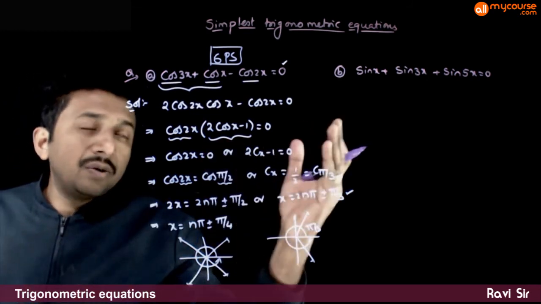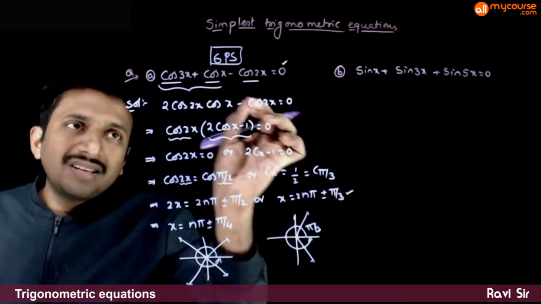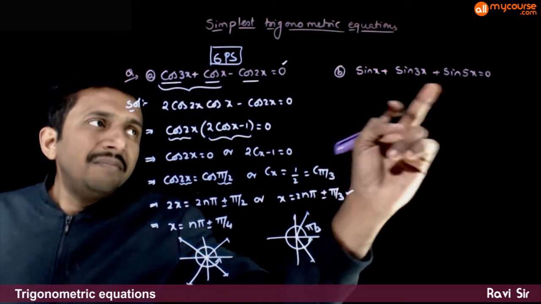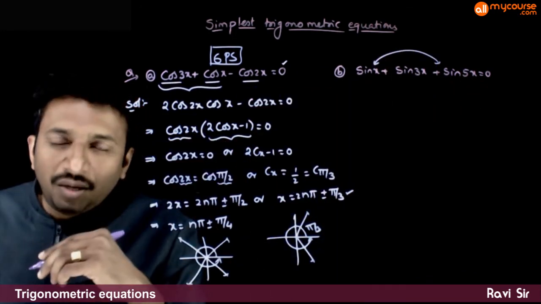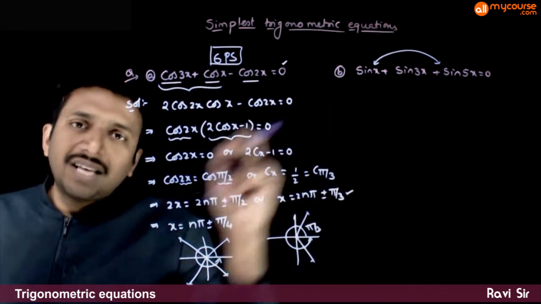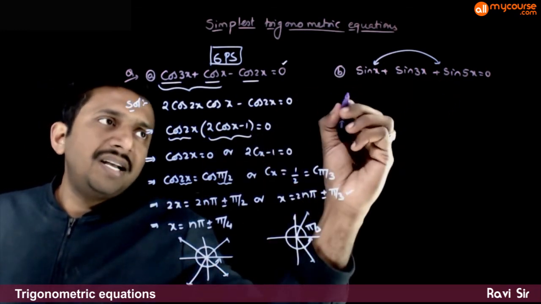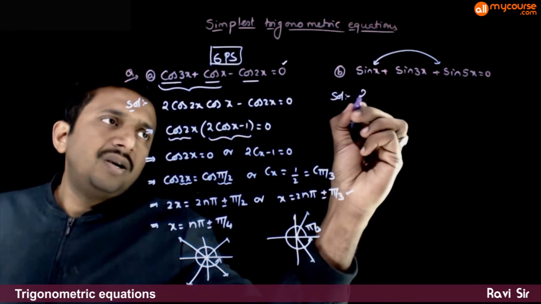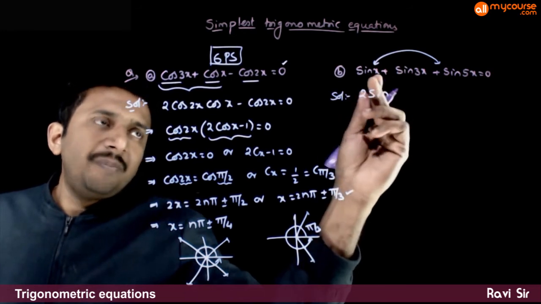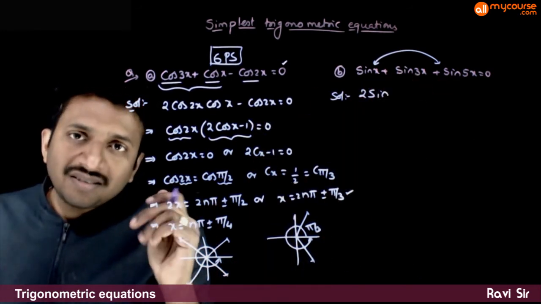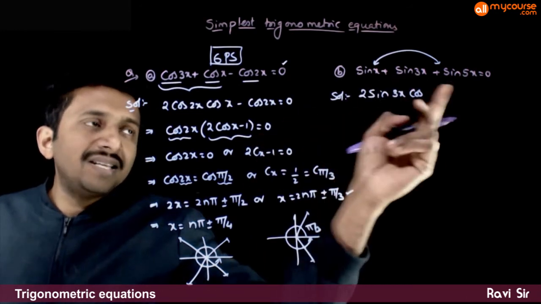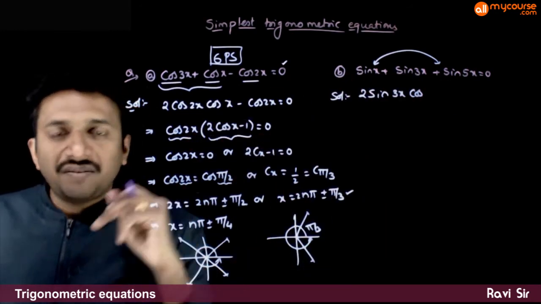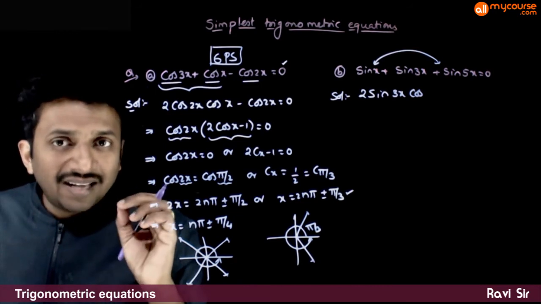Okay, now let us go to the next question. This also looks similar to this. You have a sum equal to 0, so I'll try to convert this into a product equation. I'll take sin x and sin 5x. What is sin c plus sin d? It is 2 sin of (c plus d) by 2, x plus 5x is 6x, by 2 is 3x, into cos of (c minus d) by 2, x minus 5x is